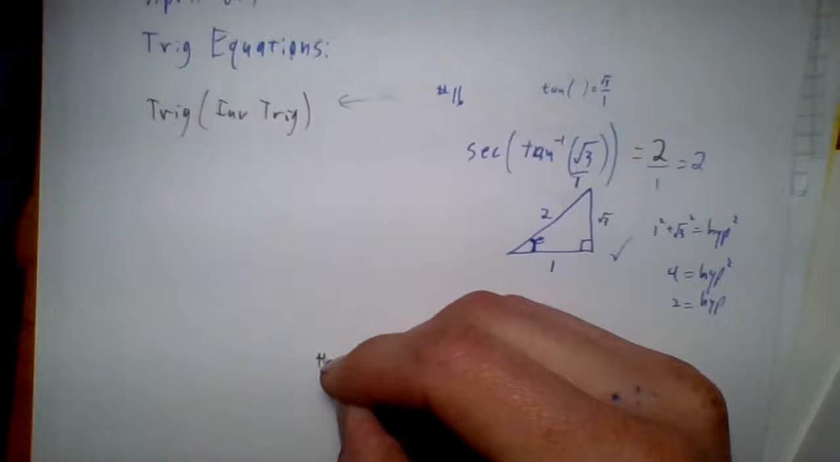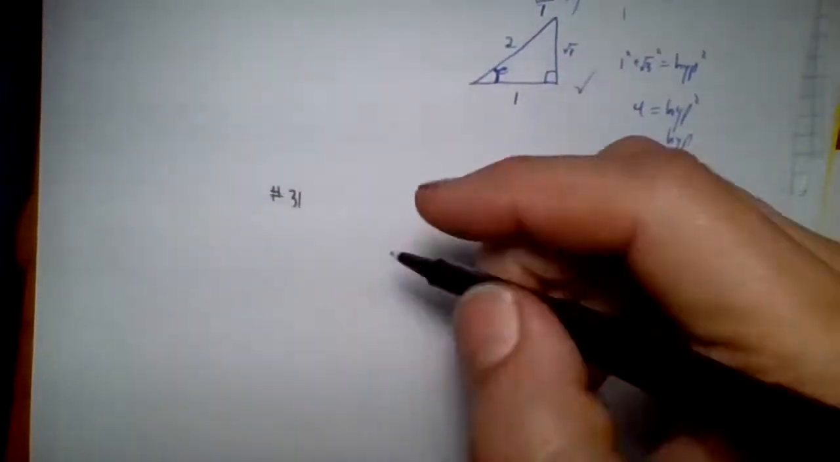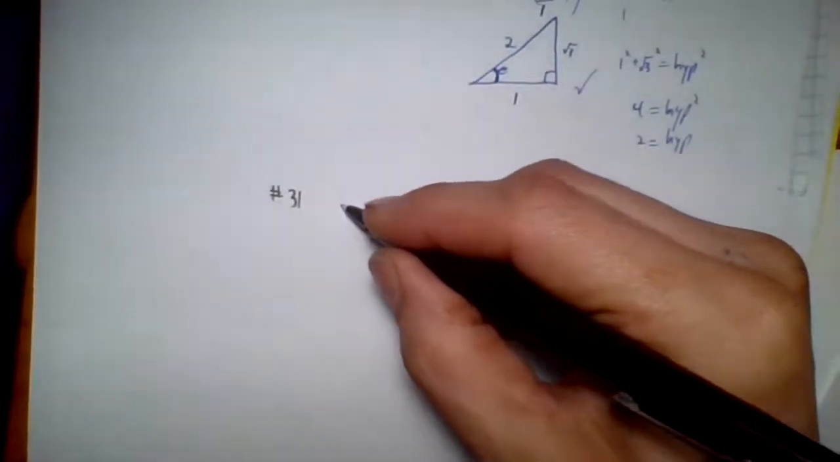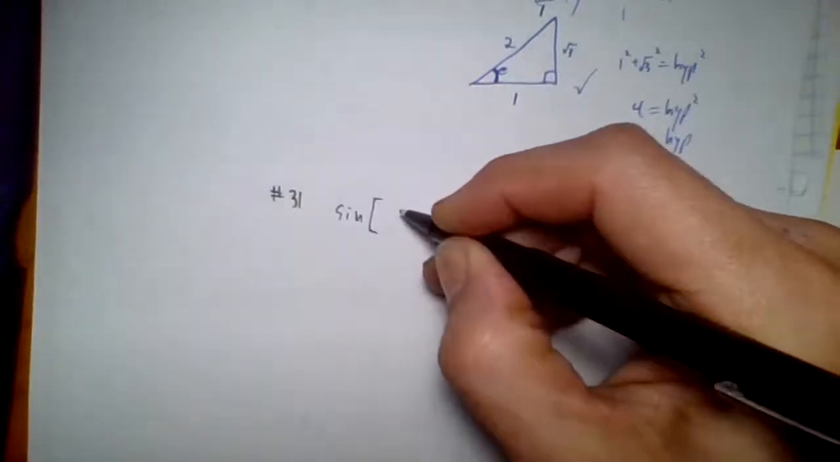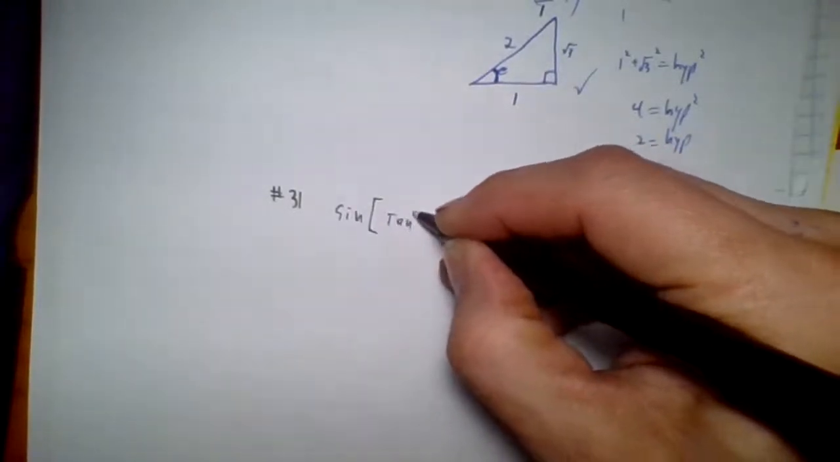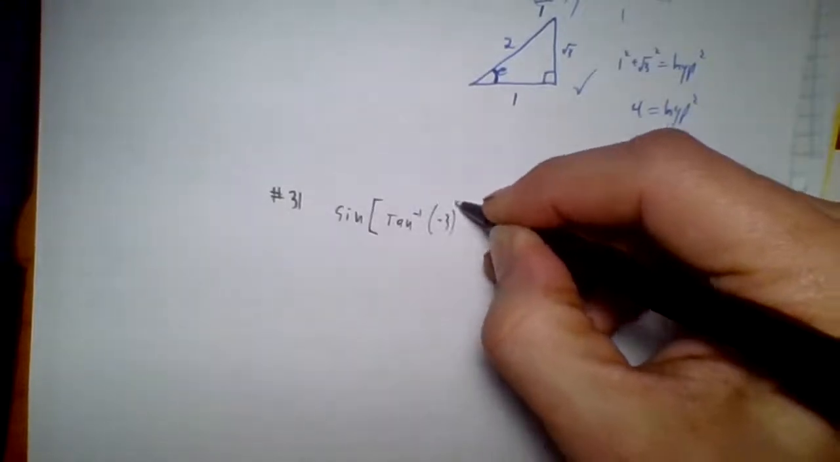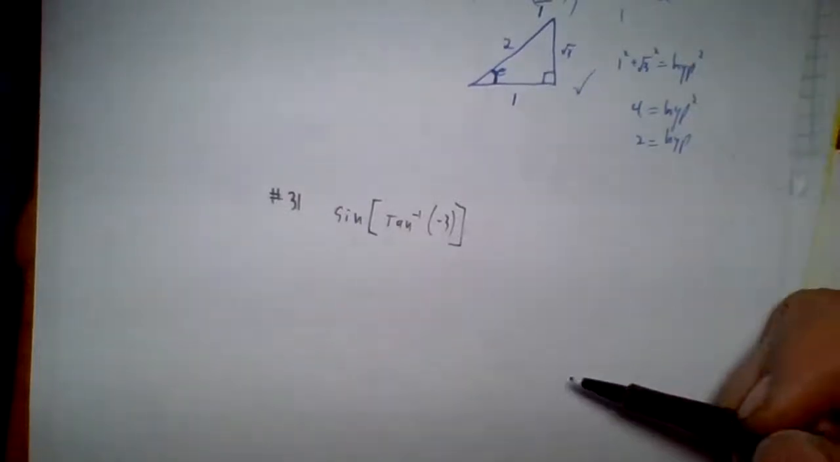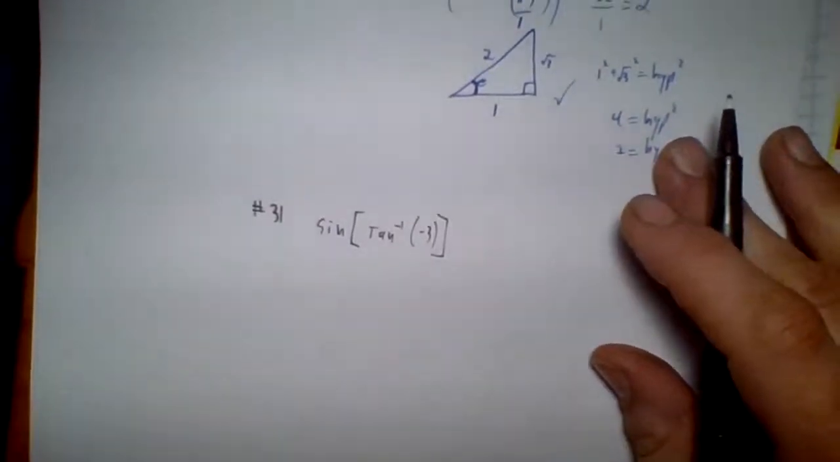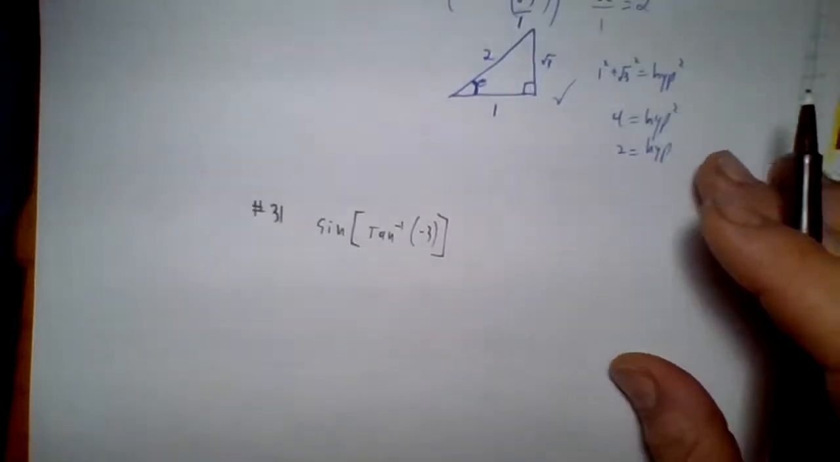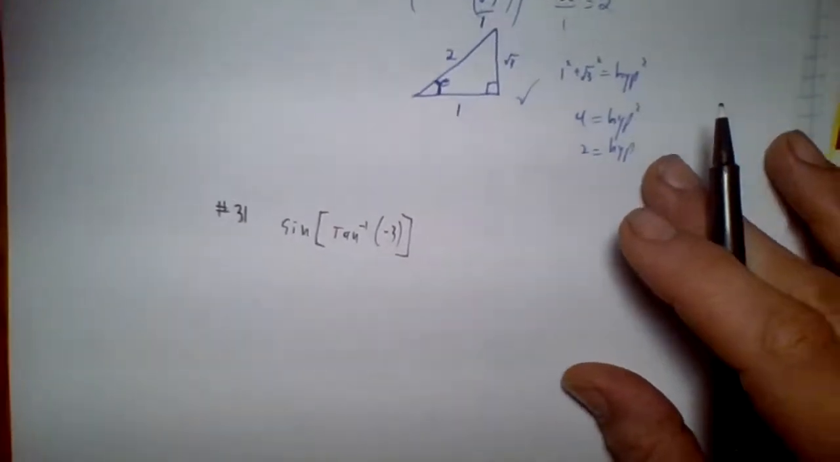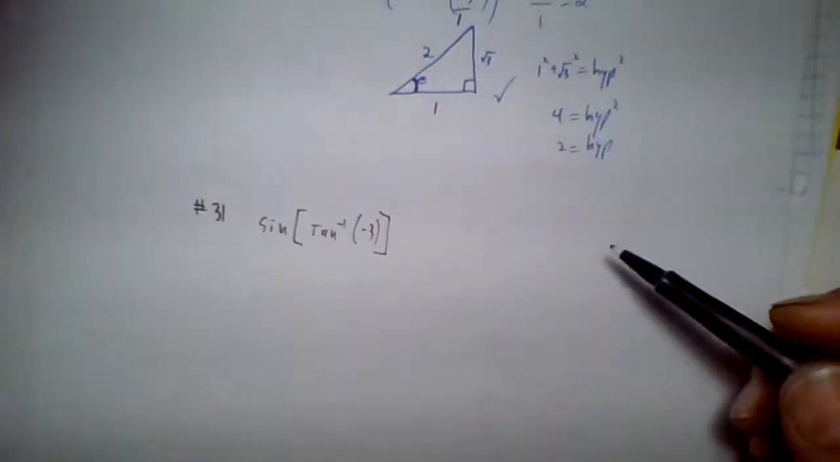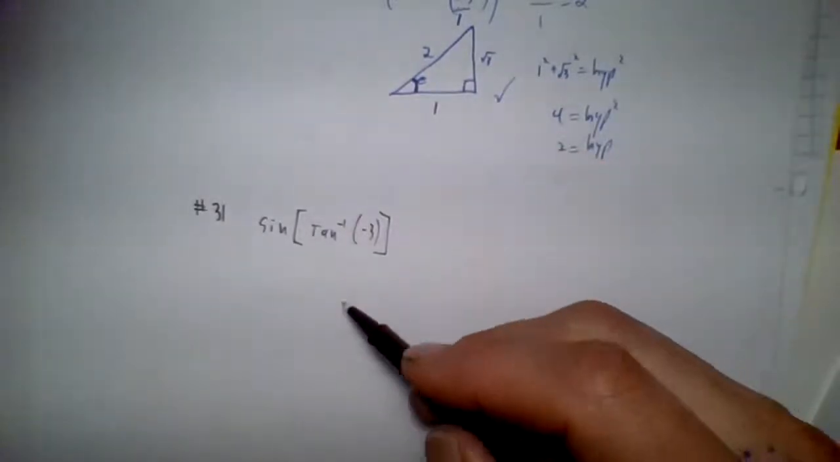Here's number 31. Sine of, and this one's got brackets for some reason, but inverse tangent of negative 3. It says find the exact value of each expression. So this one came out to a nice number. It was just 2. That was the exact value. The calculator answer to this one's not going to look so nice because it's not such a nice number. A decimal wouldn't really help me here, so I'm going to do this by the triangle thing. We can check it with the calculator, but